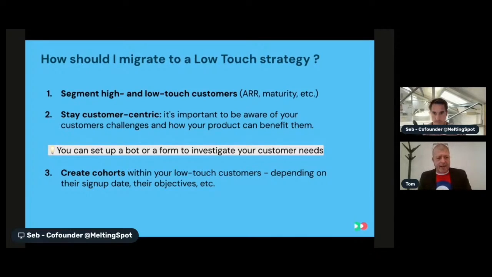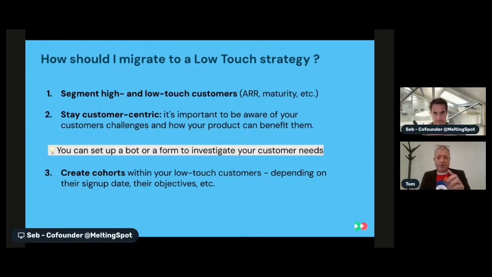There is often no correlation between how much money a customer spends with you and the way that customer is using the product. And yet, the way the customer is using the product is very important in the low touch strategy, in how you will be touching the customer and what you will be telling the customer.